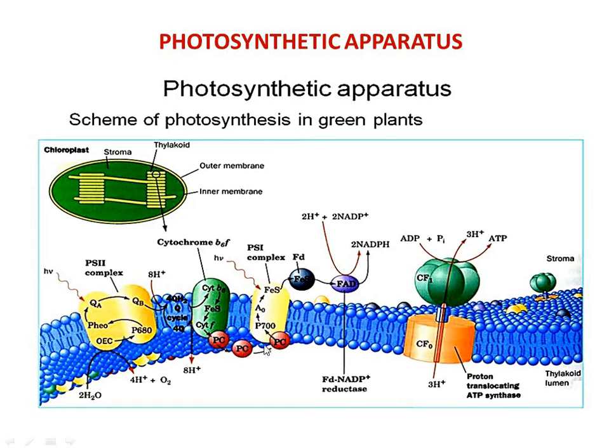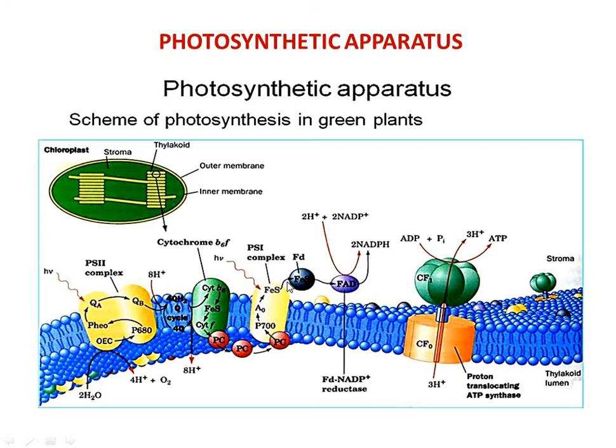Apart from the electrons transferred from photosystem 2 to photosystem 1 through a number of electron carriers, photosystem 1 also absorbs radiant energy from the visible spectrum. All the molecules present in PS1 absorb the higher wavelength of radiation. The maximum peak absorption by the pigments in PS1 is 700 nanometer. Along with electrons accepted and donated by plastocyanin, the electrons are accepted by the A0 compound, called quinone, and finally by the FES.